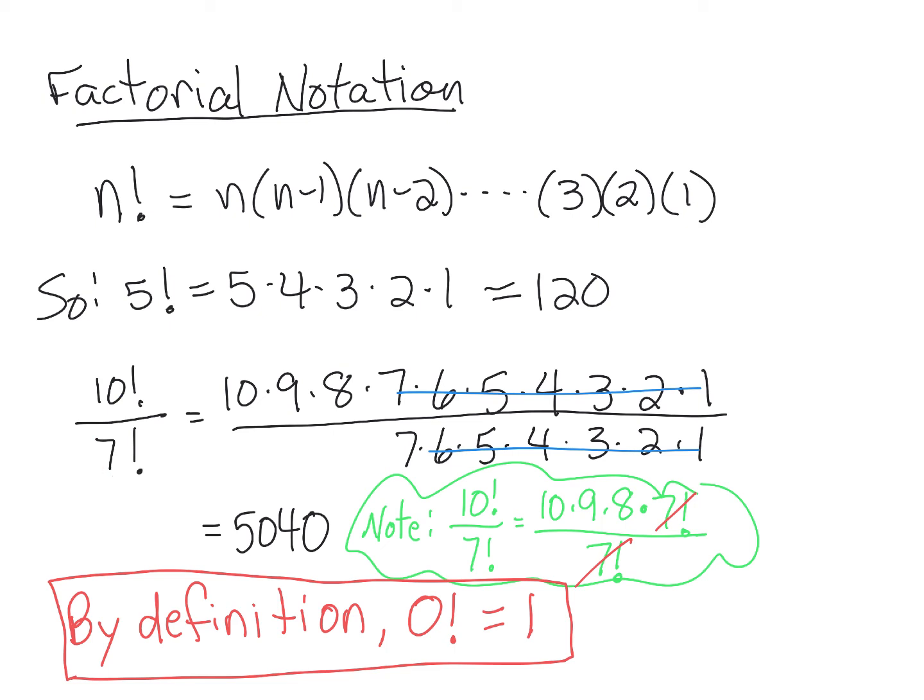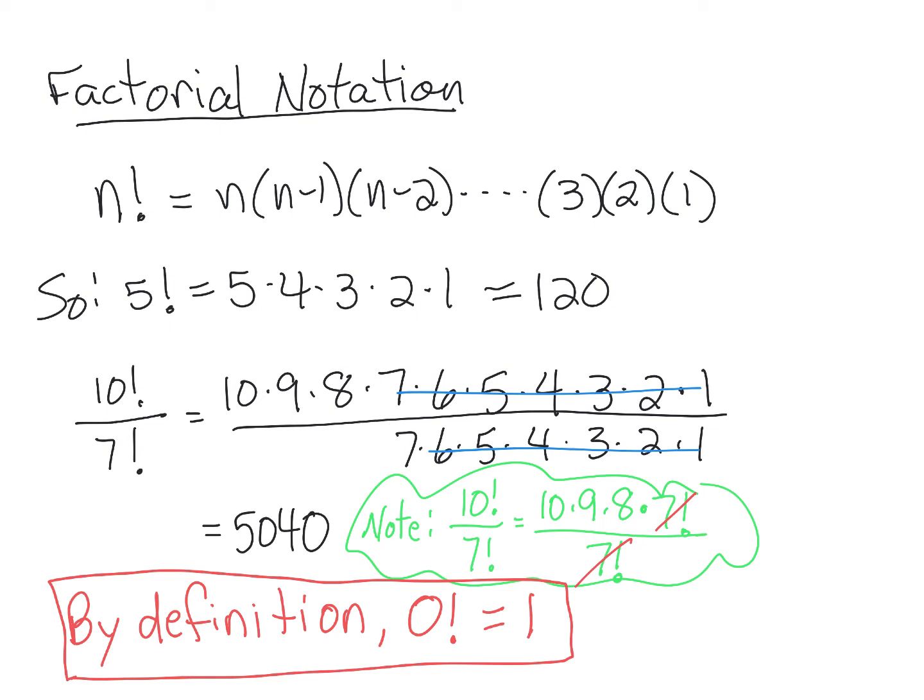Okay, look at here. 10 factorial divided by 7 factorial. 10 factorial is 10 times all the numbers below it. That's a nasty number. But I'm dividing it by 7 factorial, so I'm dividing away all the numbers below 7. So what you should do in practice is take the biggest number and write out all the factors until you get to the other number and stop. This is 10 factorial because it's all the numbers from 10 down to 1, right? And then once you stop there, you can just cancel and multiply out the numbers on the top, and you get 5,